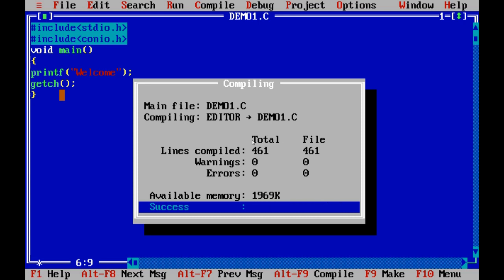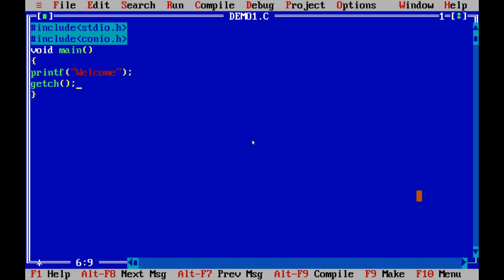You just see here, it's showing the message success. It means your source code has been converted into the low level language successfully, and then it asks you to press any key. You can press any key here. So now this compilation process is over.